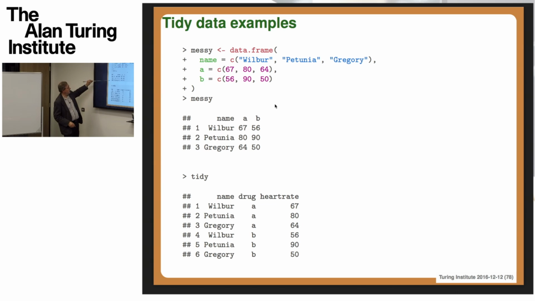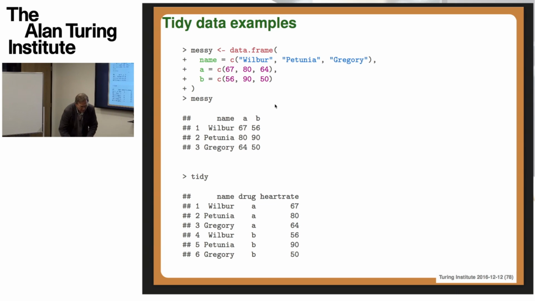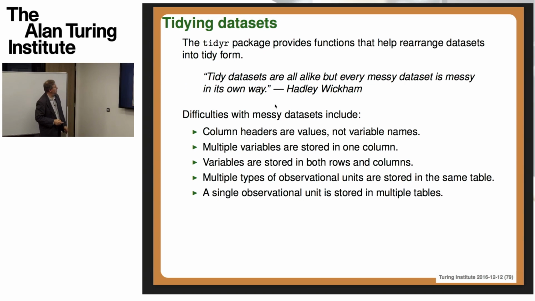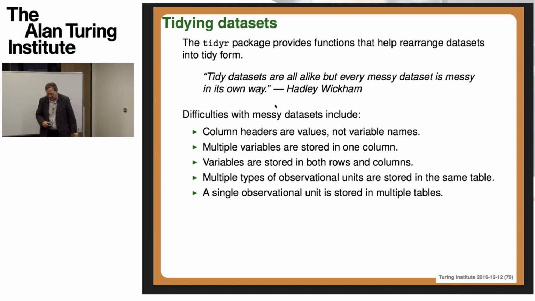I guess this is a knitr presentation, so here was some R code, and I just listed that data frame. Here's a new data frame. I didn't say how I got that, but there was a little use of the tidyr package to transform that to that, using, I think, the gather function in the tidyr package. So it was all completely automated, going from messy to tidy. Okay, so as I say, this package, the tidyr package on the CRAN site for R packages, gives us the helpful tools to manipulate many types of messy sorts of data into tidy data.